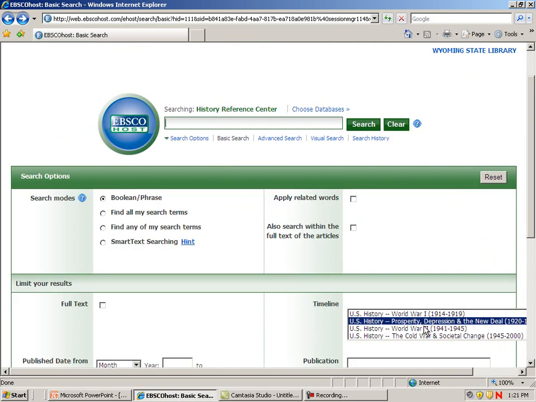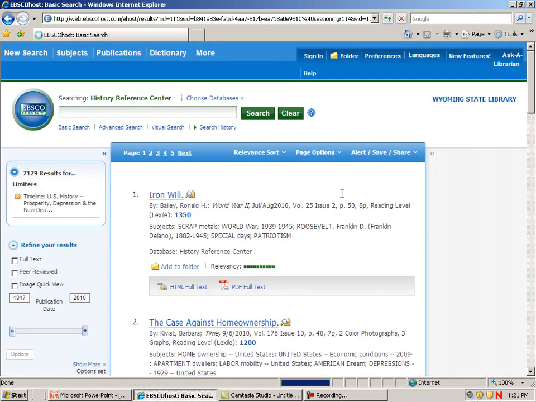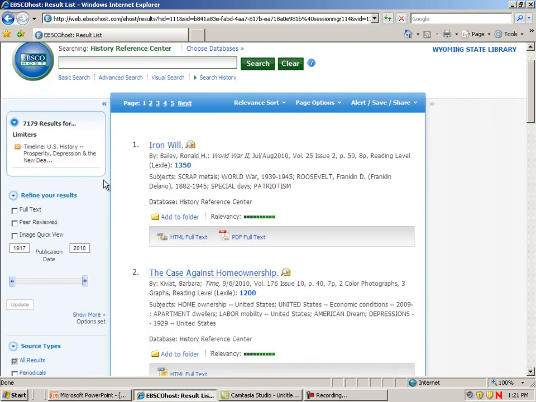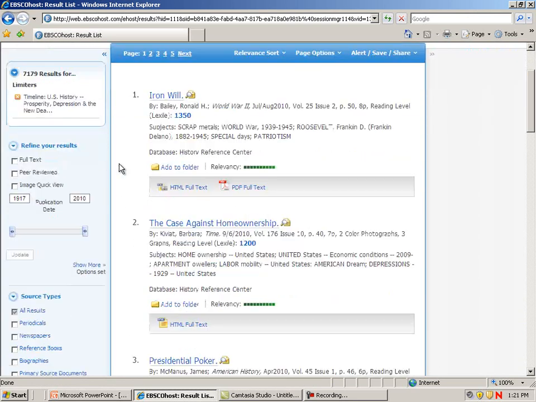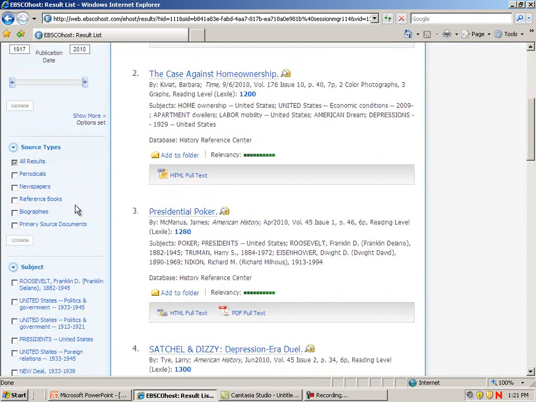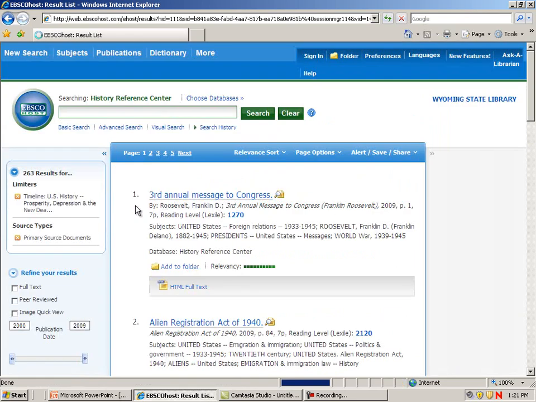I'm going to select Prosperity, Depression, and the New Deal, 1920 to 1940, and click on Search. I do not have to enter anything in the search box. On the left, you'll see that we have periodicals, newspapers, reference books, biographies, as well as primary source documents. If I click on the primary source documents, I've updated my search, narrowed my results down to just those documents,